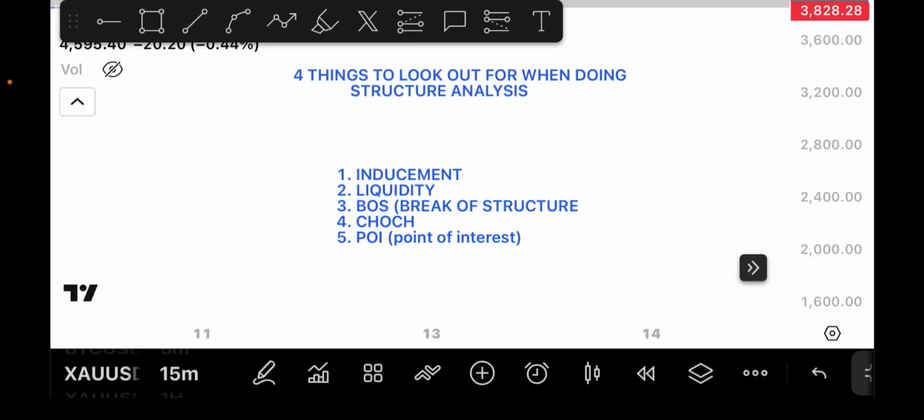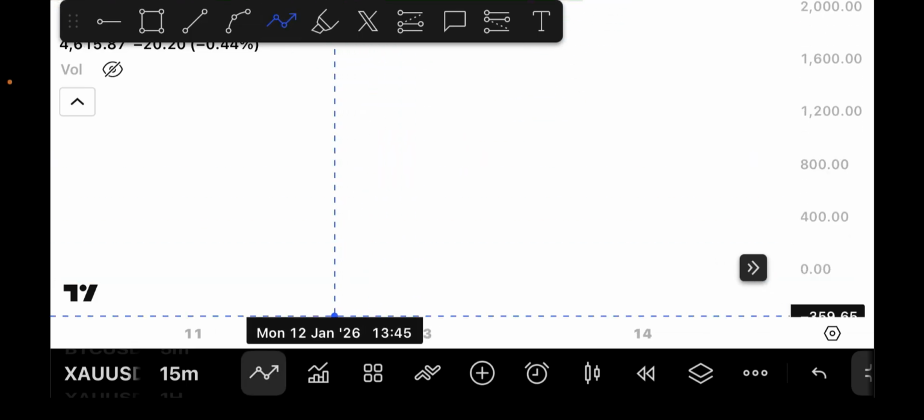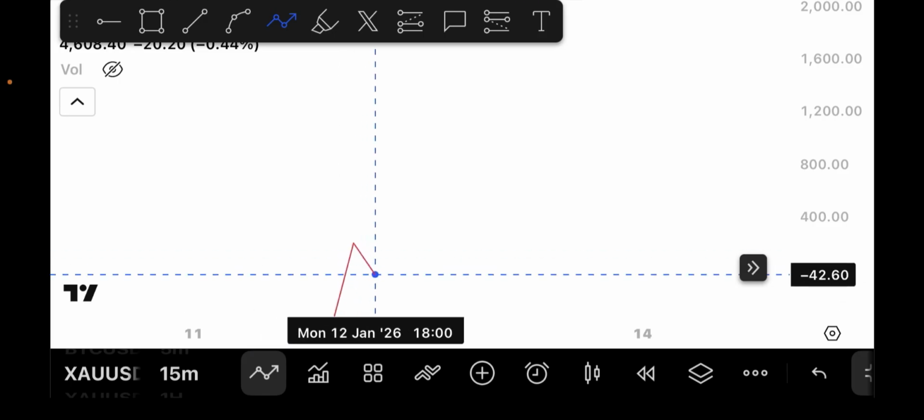So I'm going to show you all these things that you need to look out for while doing your structure analysis. Now let's do the practical example of it. Let's say the market